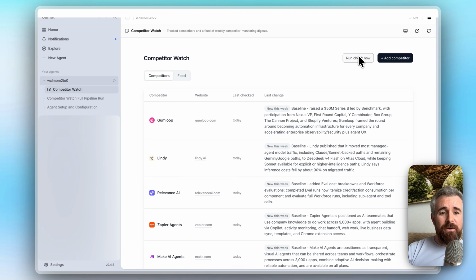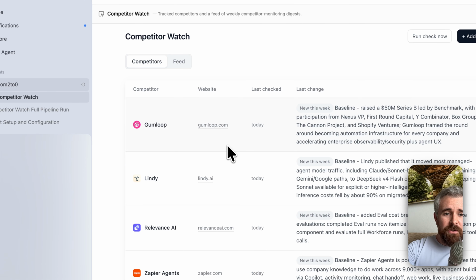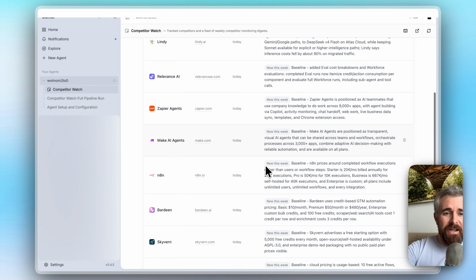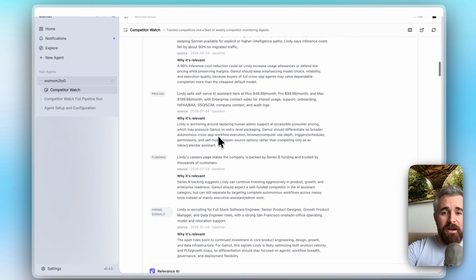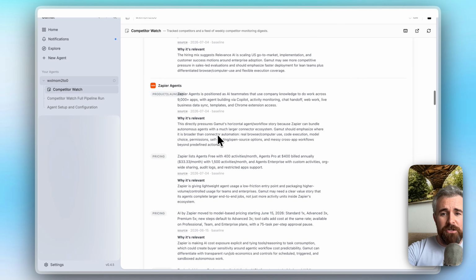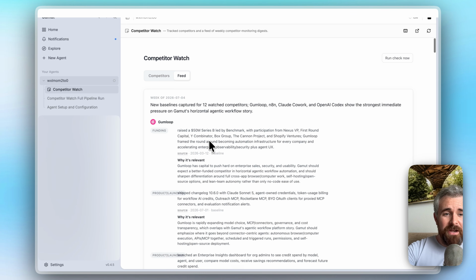Of course, you can also chat with the agent directly by starting a new session. But as you can see, we've got lots of incredible intel on all of our competitors here, and we get a feed every week of what's changed across all the different categories that we want to track, as well as what's relevant. So pretty powerful, built in a few minutes, definitely helping us punch above our weight as a small team at Gamut,